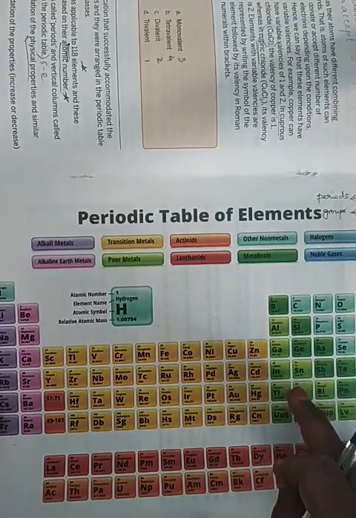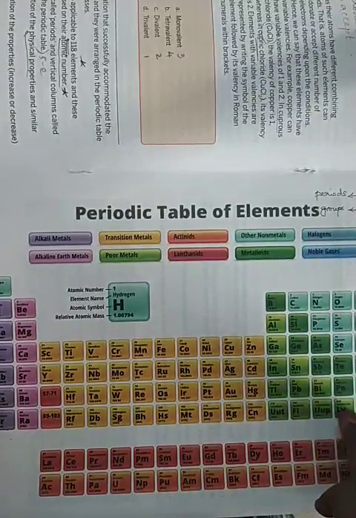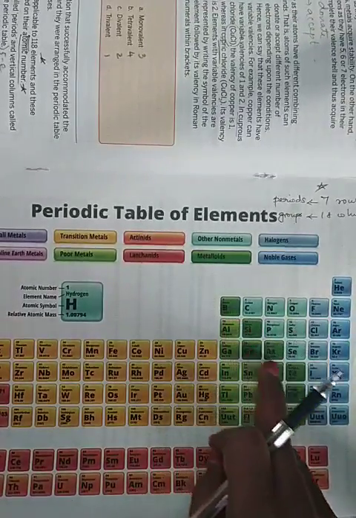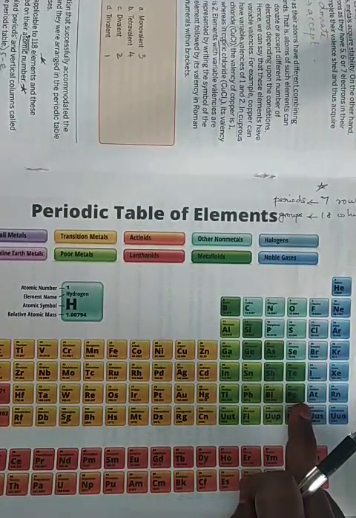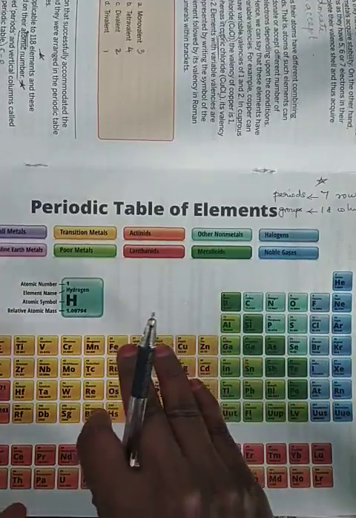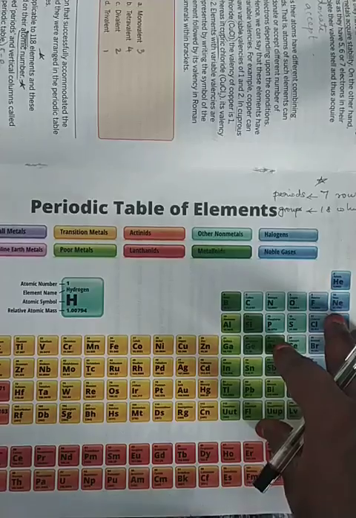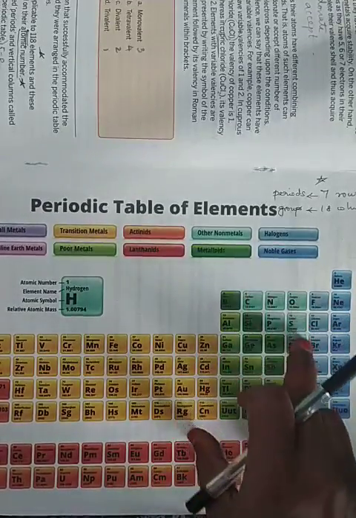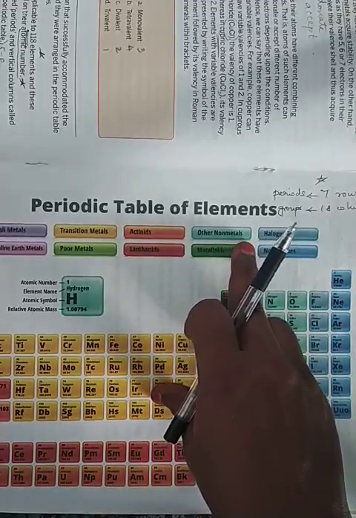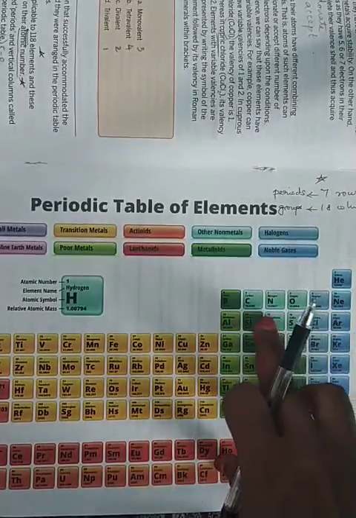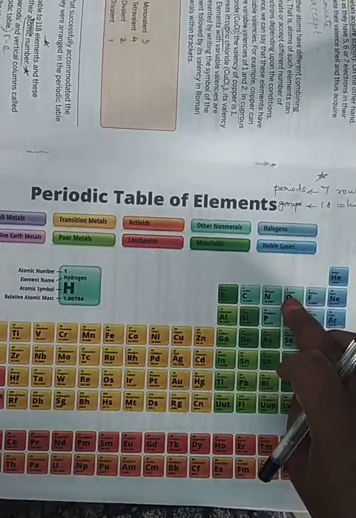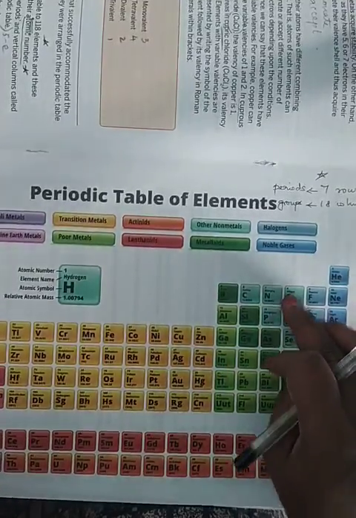Aluminium, gallium, indium, these are all called poor metals, this light green stuff. Coming to the dark one, the dark ones are called metalloids. Metalloids are the things which show the properties of both metals and non-metals. Then this light green color are called other non-metals, that is, these are the non-metals. So the variation is, from the poor metals to the non-metals, you will be having